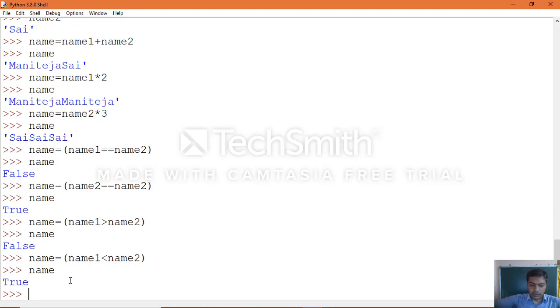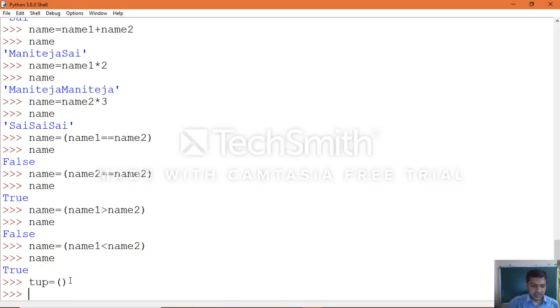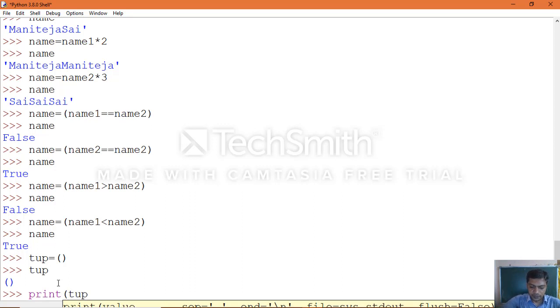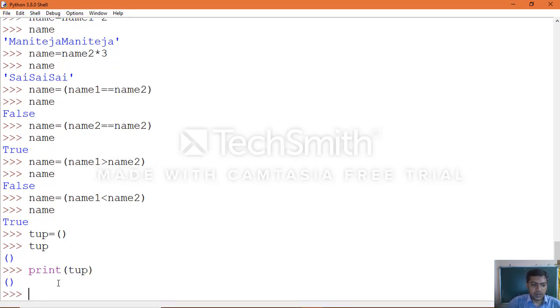So we know how we can make use of a tuple. We already know that a tuple uses parentheses. The moment you print that, it is empty. The print statement can be used to print the tuple value, which will not display anything if empty.